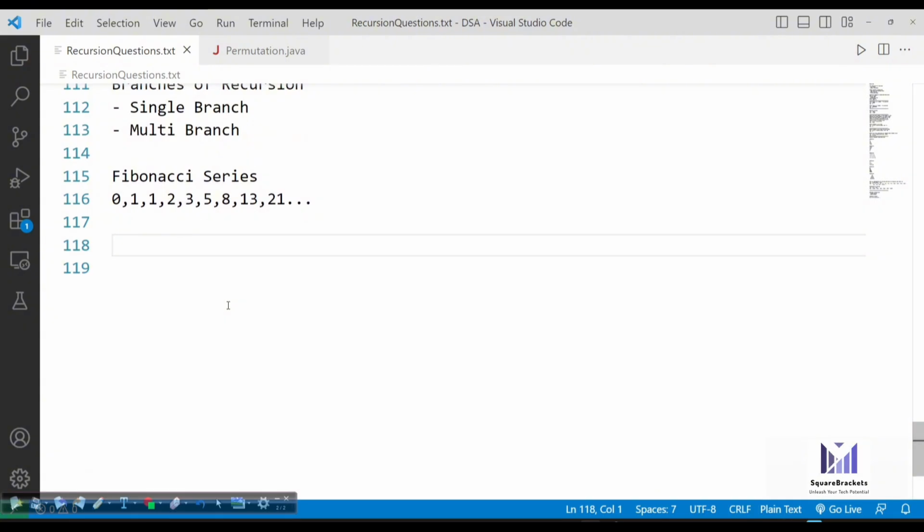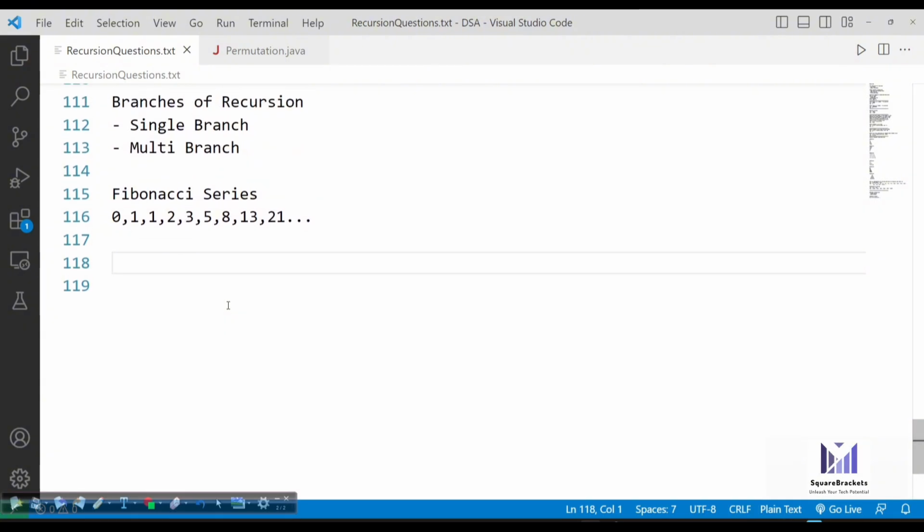The basic logic behind it is that it has to add the last two elements to get the next element. It adds these two elements and gets this element, then adds these two, gets this, and so on until we reach the nth number we have to find out.